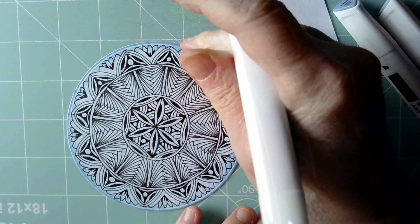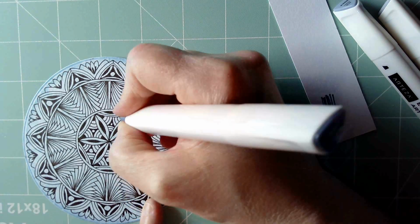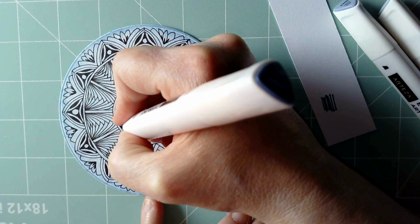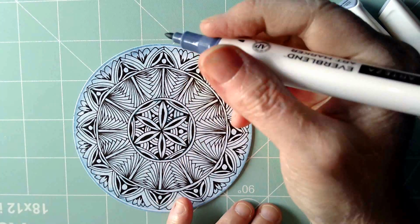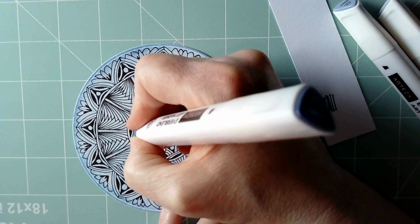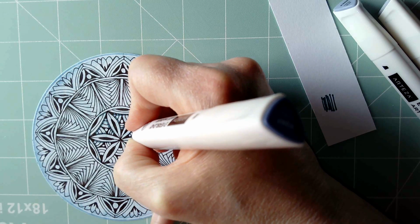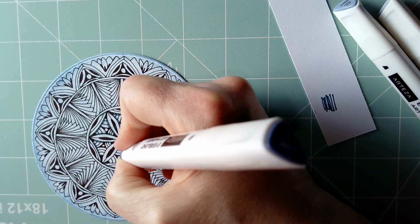to add shadow in, like this. So I am going where I want the darkest shadows. I don't mind with alcohol markers if they go into the black areas, it's not a problem because they won't dull down the black pen. But I am going to add some shadows like that. And I'm going to go on either side of these. And there as well. So we're going all the way around here just to help to lift these up. And I'm going to use lighter alcohol markers in a moment to see if I can get these to move out. I can see this bleeding a little bit. But if it bleeds a little bit,